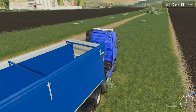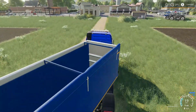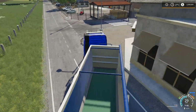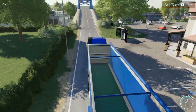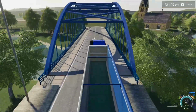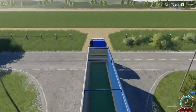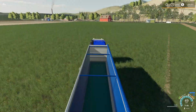We'll go ahead and unload him, and we're going to put this right into the silo at the hog barn, because now the horses are very crucial to us. I'm trying to remember, is that a 16 horse paddock or a 10 horse paddock? I think it's a 10 horse paddock. Yeah, so we're not going to get that much. I said $800,000 before. Yeah, it's not going to be that much because it's not 16 horses, it's only